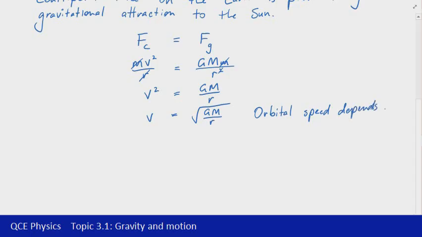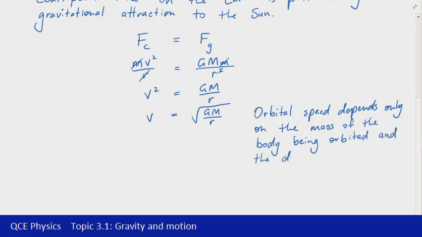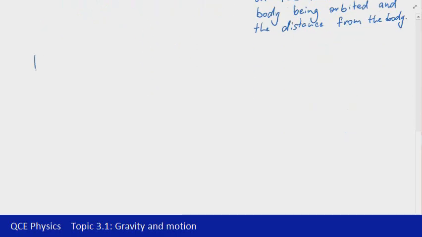on the mass of the body being orbited, and in this case that would be the Sun, and the second thing that it depends on is the distance from the Sun, or the distance from that body. So it doesn't matter about the mass of the planet or the satellite or whatever it is. If it's a certain distance away, it's then going to have a certain orbital speed. So there's just sort of the underlying ideas. What we really need to get to now that we've seen that fairly simple treatment, planetary orbits are a bit more complex than that. So they're a bit more involved,